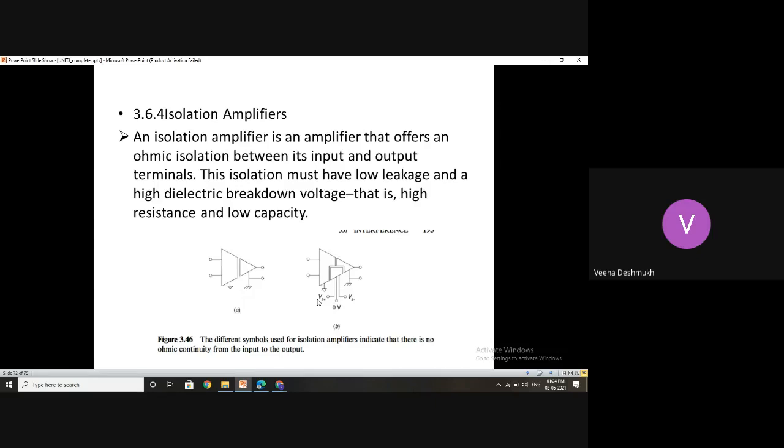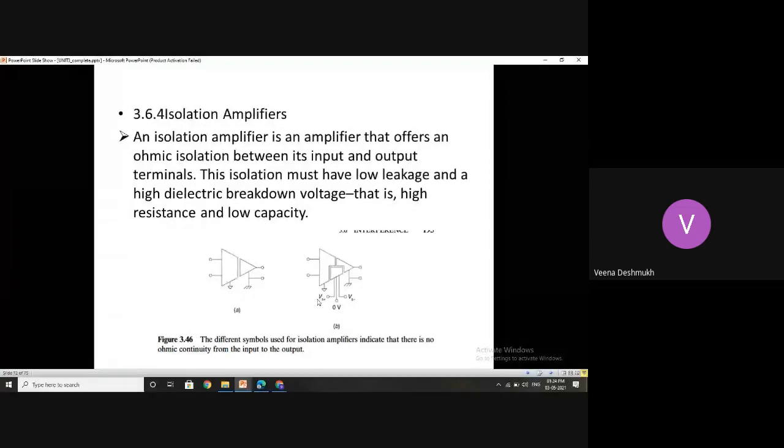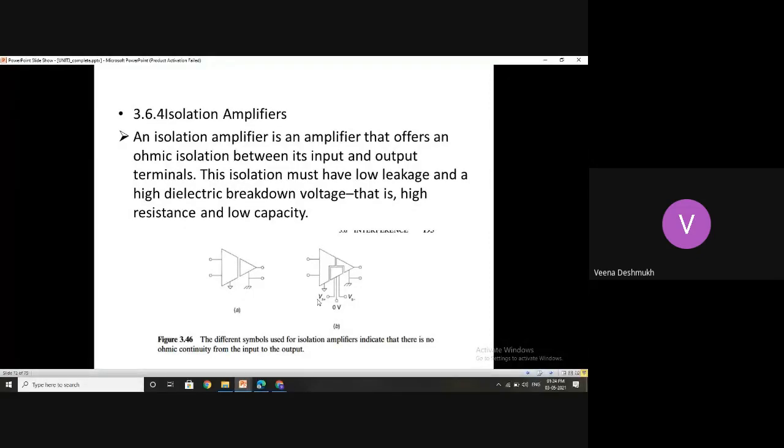In digital, you have come across buffers. Buffers basically transmit the signals from one end to another end without amplifying, without doing any alteration to the nature. They are just transferring from one to another. And for some time, they store whatever the data is. If it is a register, they store the data. If it is a clock, they maintain it at the same level. So like that, these are basically isolating two different sections.